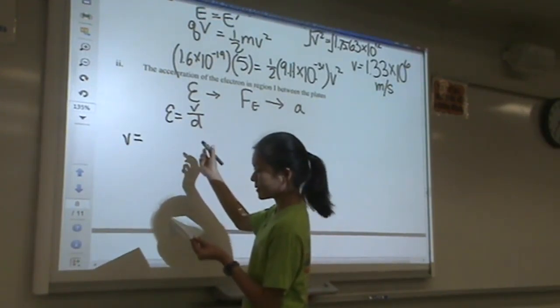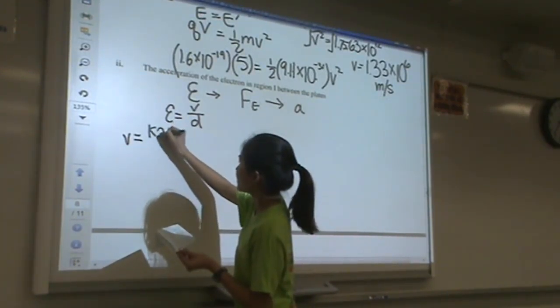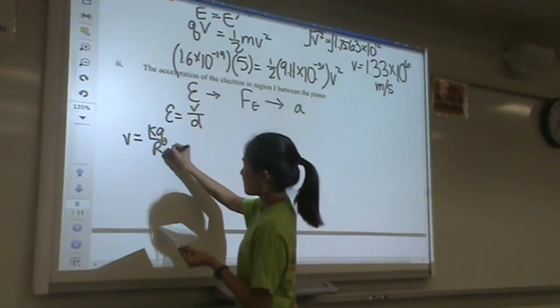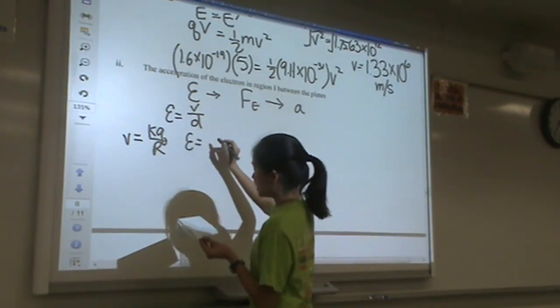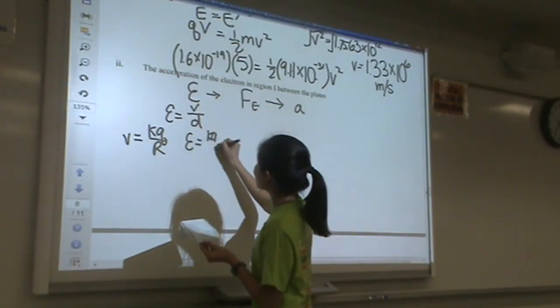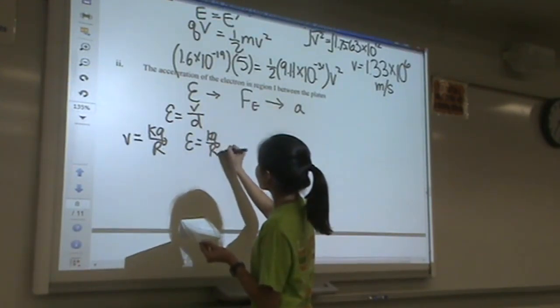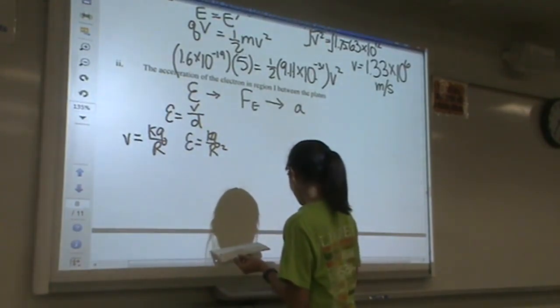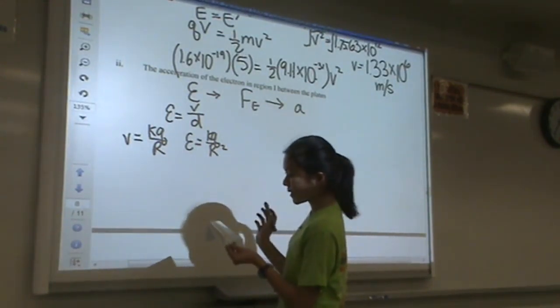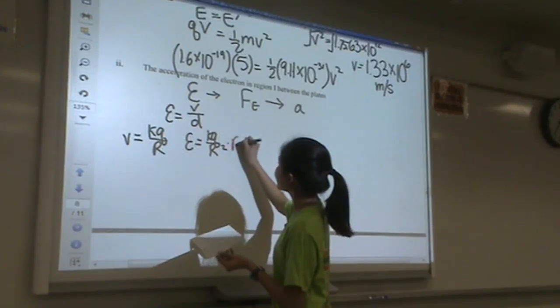We know that electric potential is V equals KQ over R, and electric field is KQ over R squared. So when you take the electric field and multiply both sides by R,